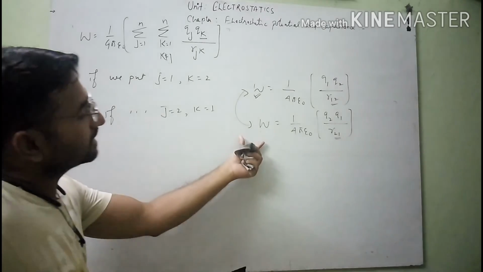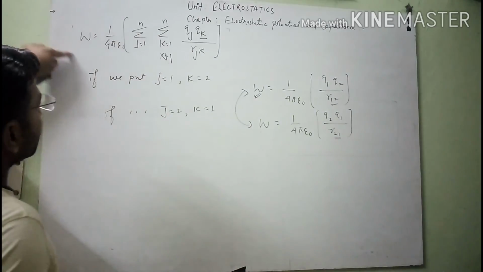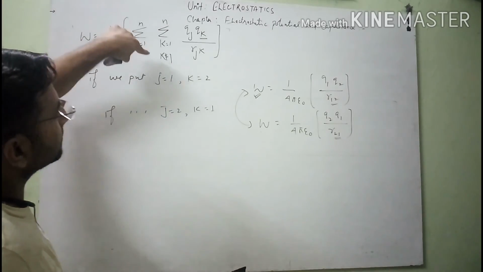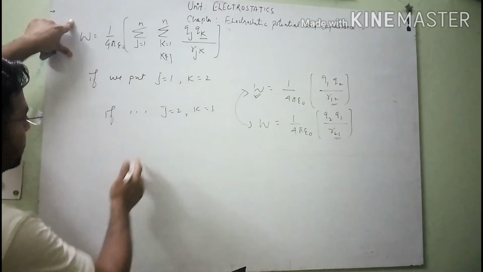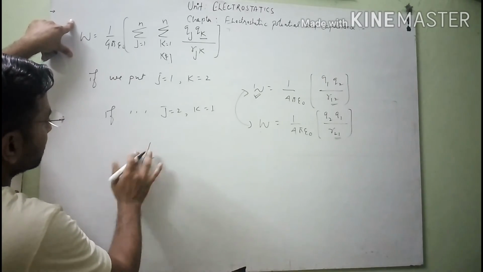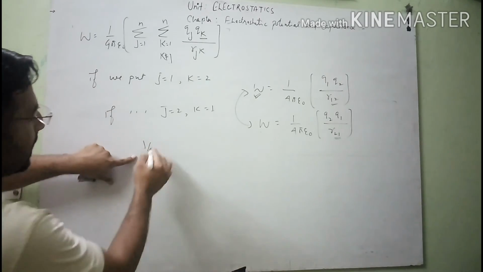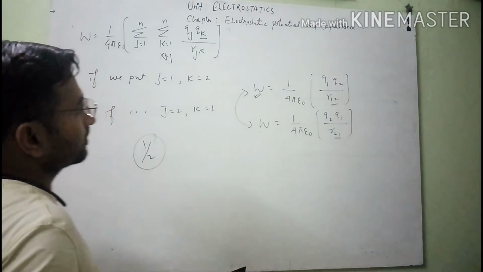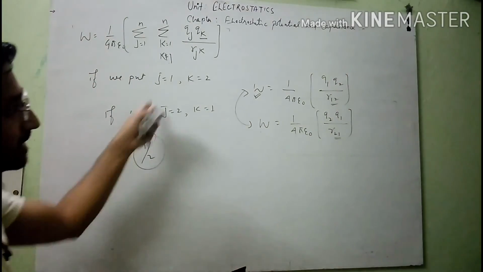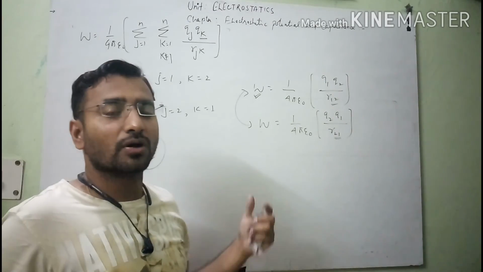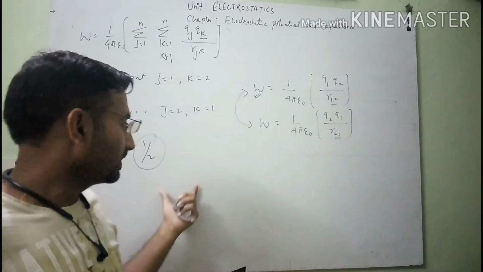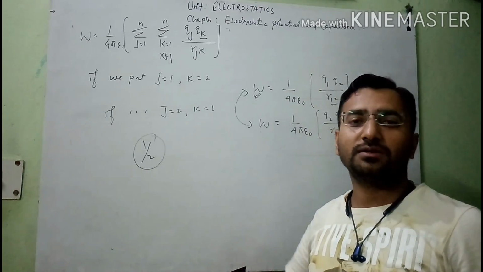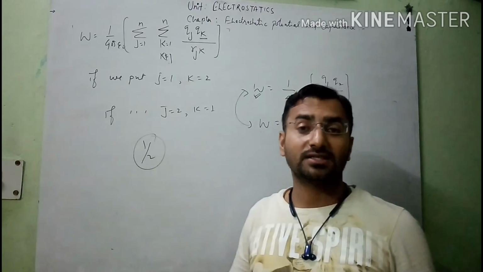That's why we can say that when we solve this type of problem to calculate the total amount of work done in a charge system, at last we use a factor half. At last we use a factor half, so that our work will be counted a single time. Clear, student? So this one is the reason to opt for a factor half in this case. This is the derivation of electrostatic potential energy for an n particle system, n point charge system.